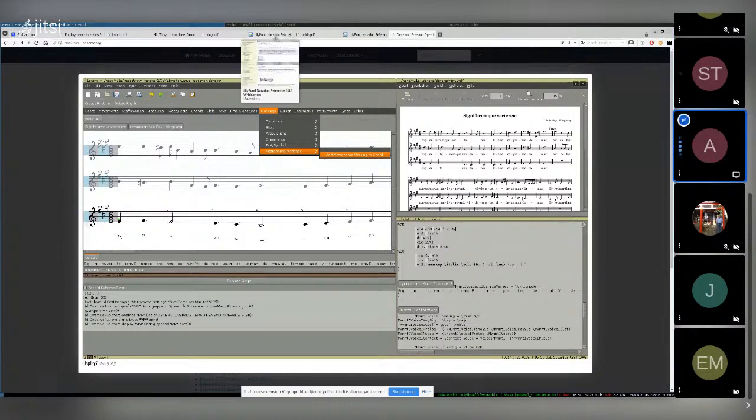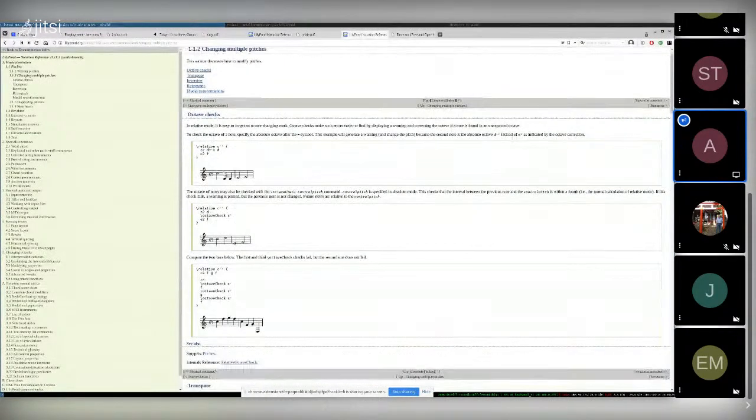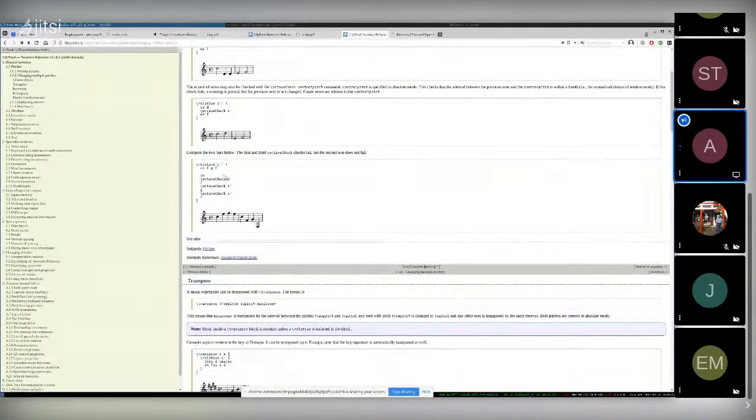And to go back to the question a little, it does seem like you can change multiple pitches like this. But I guess this still cannot be used for transposing because this only allows you to change octaves, it seems. Oh wait, here we go. Transposing.